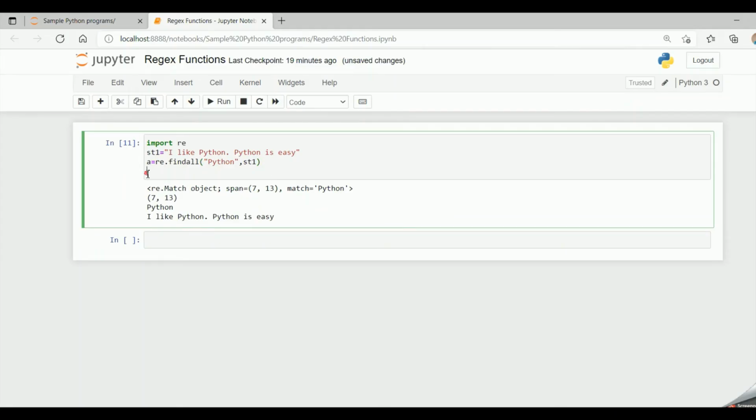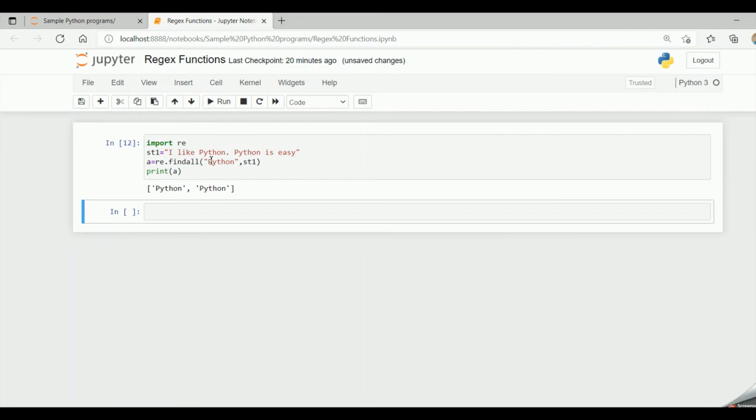And now if I say print a and run the code, since Python occurs two times in the string, it gives a list with two Pythons.